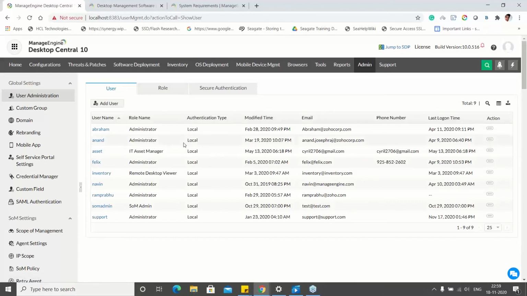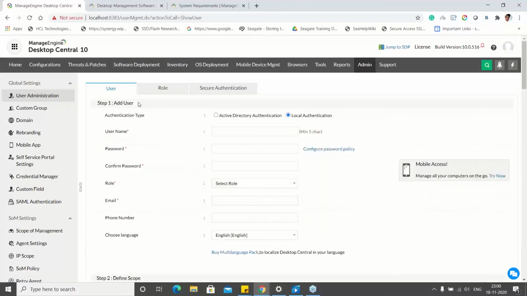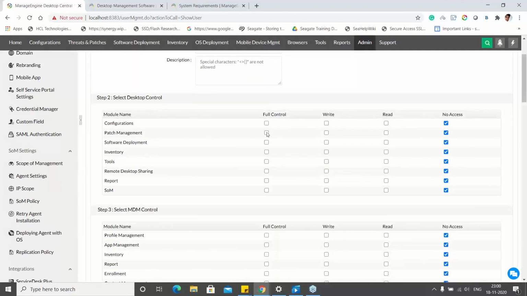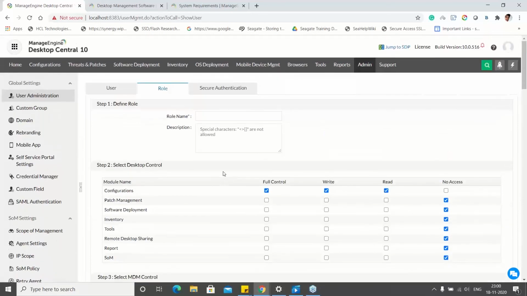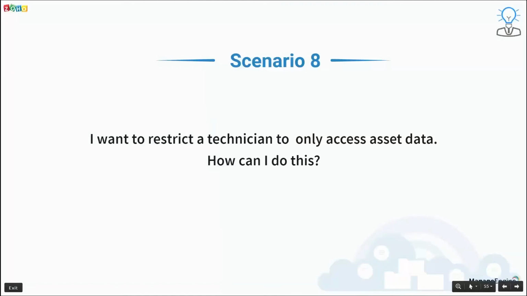Or in case you want to give any additional role to that IT asset manager, like if he wants to deploy some software, or any other additional role to any particular technician, you can add your own role too with the help of the product. You can create your own customized role so that that particular feature will be visible to that technician. So when they log in, if they have the patching role, they just see patch management, so they can only deploy the patch. The administrator will have the privilege to add or delete a new computer here. So you can have role-based access and assign particular tasks based upon your requirement.